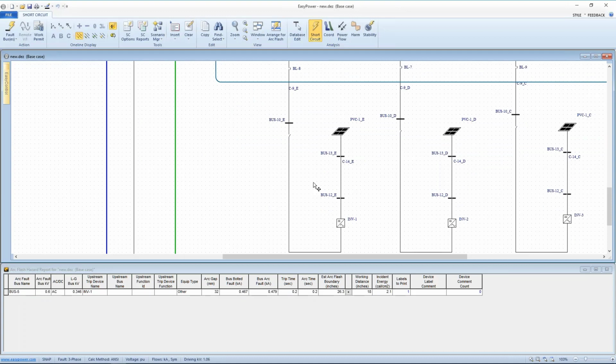Same kind of concern, at least on my part. If we looked at the current involved for a fault here, we see 3,000 amps from the utility, but 115 amps from the array, and this ends up being